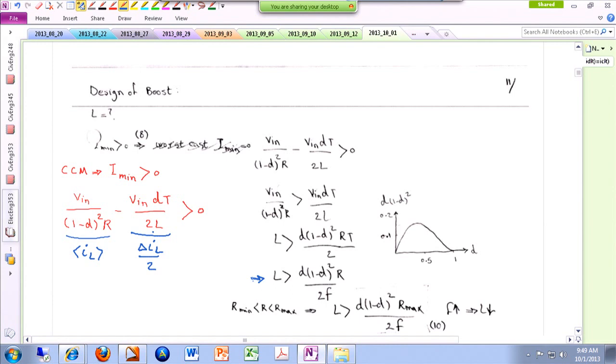In order for my minimum value to be positive, the inductor should be greater than the duty cycle times (1 minus duty cycle) squared times the load value divided by twice the frequency. And we see a similar trend happening here. Again, frequency is in the denominator, meaning that increasing the switching frequency will give you the option of choosing a smaller inductor. Now, this equation is a little bit tricky. Remember, we always want to maximize